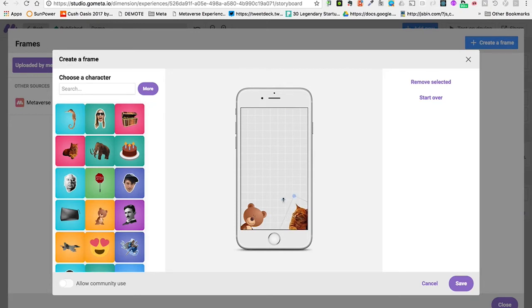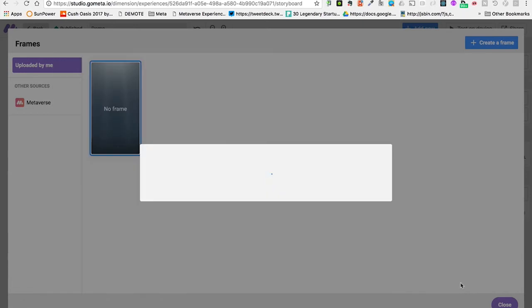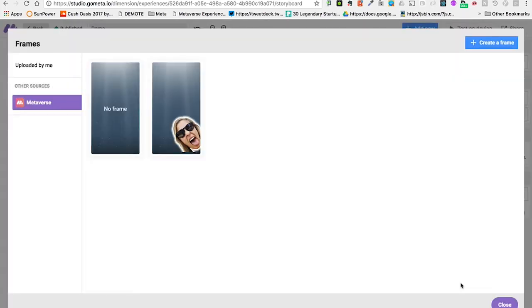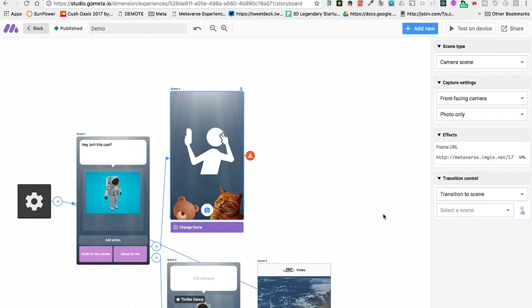He's going to be peeking out at me from here, maybe make him a little bigger. And so you get the point. You can create all kinds of amazing things like this. You say save, so we're done. And there's the bear and the cat. And then here we can do all kinds of things.